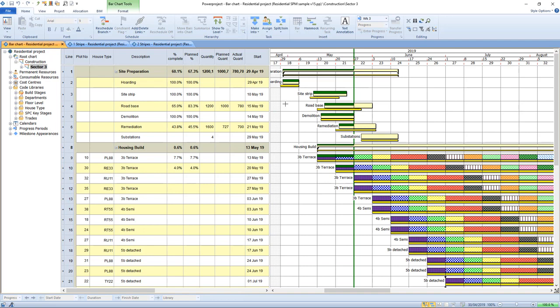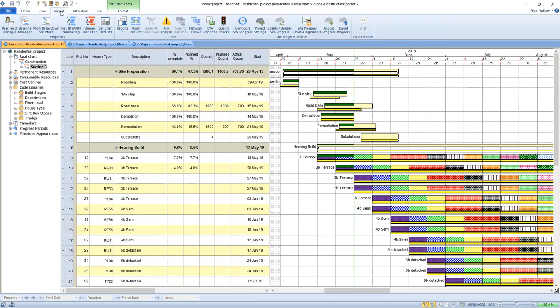However, for this project we need to say which of our users is going to update which bit, and there are a number of ways of doing it. The most common I'll speak about first. We go to the project tab, and before we start to assign users, I just want to point out that you can also